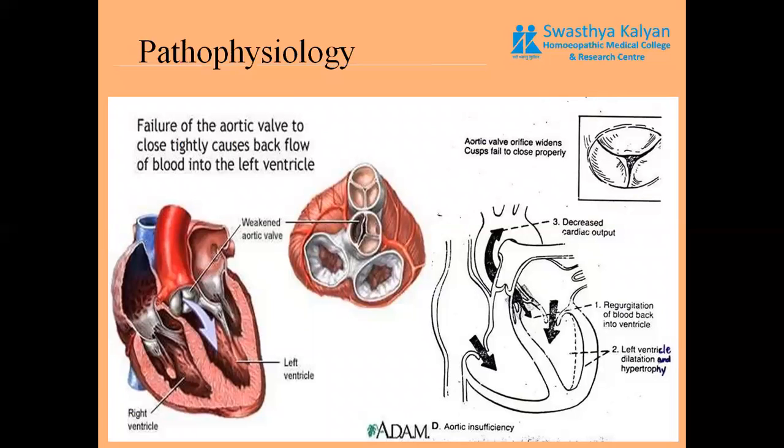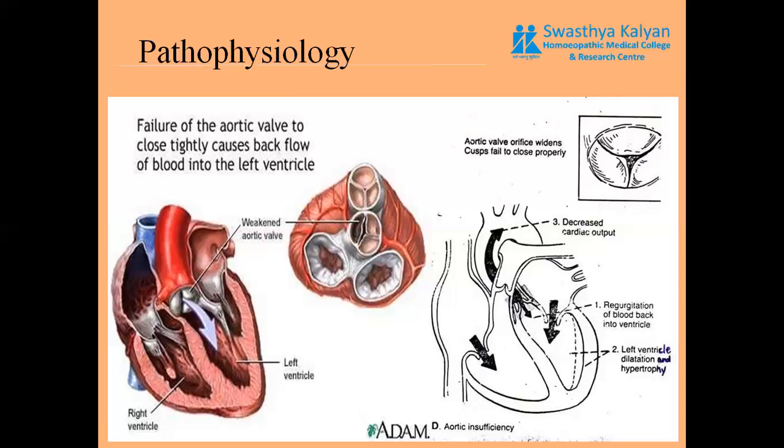Now, to understand the pathophysiology, you need to look into this diagram. Kindly look at the right hand side of your screen. There's a black and white diagram of the heart. Now follow the arrows there. As you can see, with point number 1, the arrow indicates the blood reversing back from the aorta into the left atrium. This blood is not supposed to come back into the ventricle, but as the valve is not closing properly, that will lead to regurgitation of blood into the left ventricle.